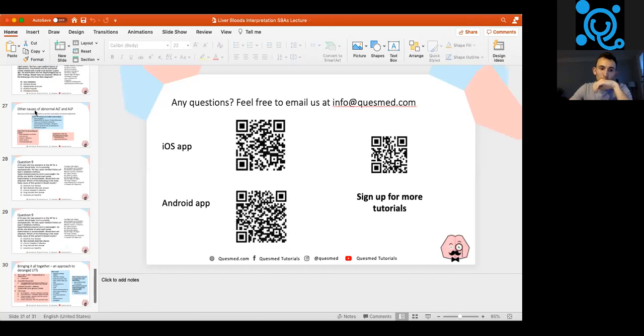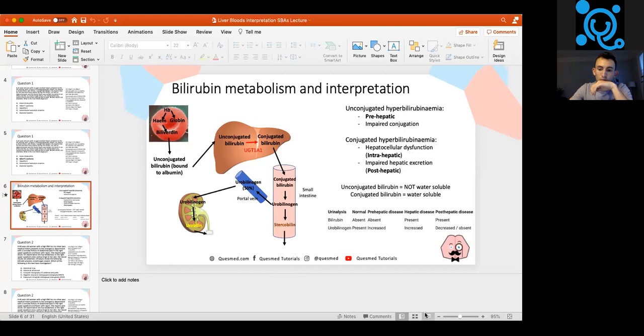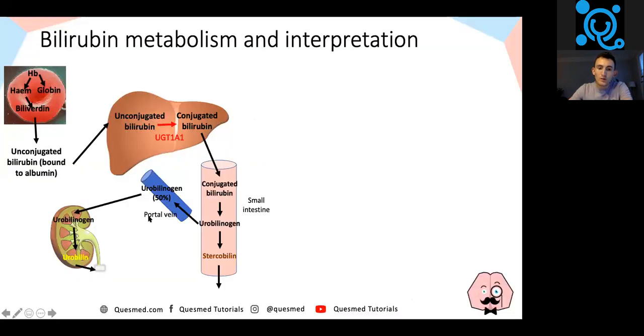So the first one: why do you get increased urobilinogen in prehepatic disease? So often prehepatic disease is due to hemolysis. So if we go back to the slide and look at it,